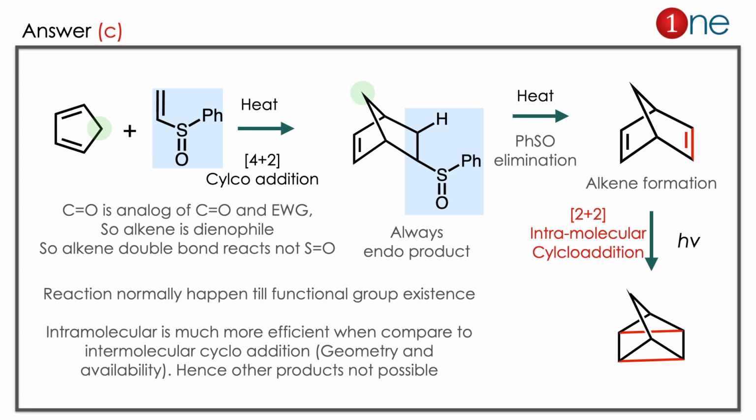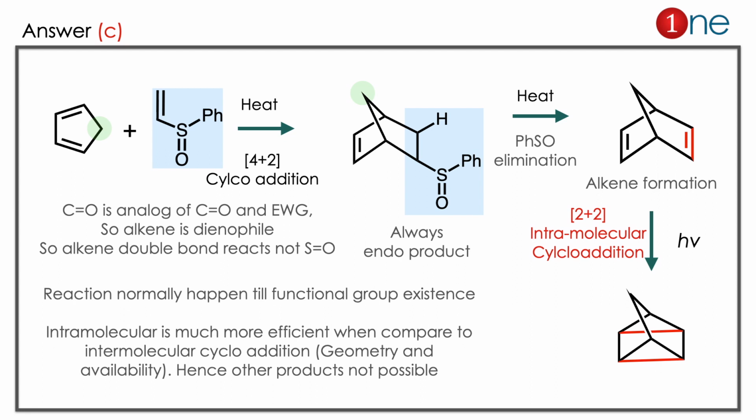You have a bridged carbon, and then you have the directly coupled thioketone there. Then you are using heat. You are eliminating sulfur there, and you are getting the alkene again. Then you are using light. With light, what really happens is an intramolecular cycloaddition. So the final product will clearly be C.